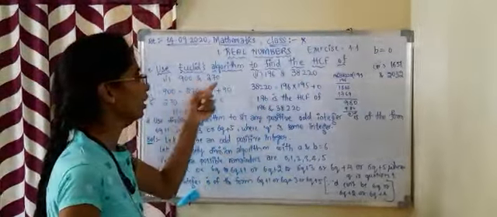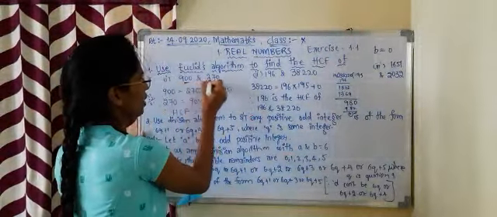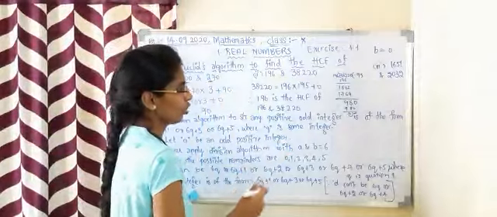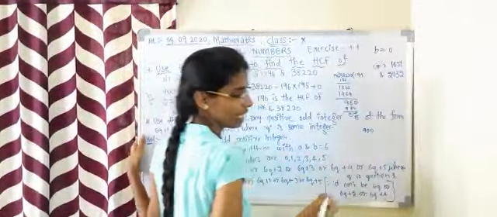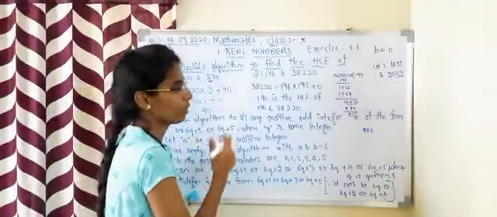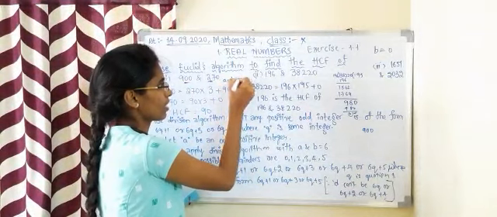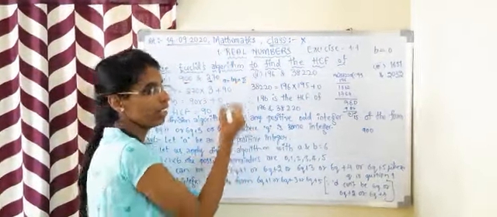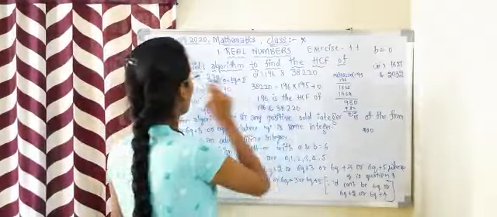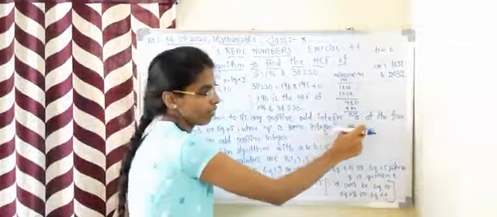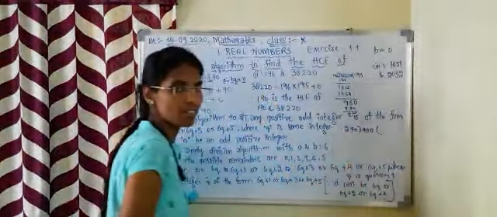Here, 900 and 270. As we already know, this is a dividend and this is a divisor. Let me write here. 900 should be considered as A and 270 as B. We have to get this in the form A equals BQ plus R, where R is the remainder, Q is the quotient, B is the divisor, and A is the dividend. A is the bigger number, so we take it as the dividend, and 270 we consider as B, which is the divisor.